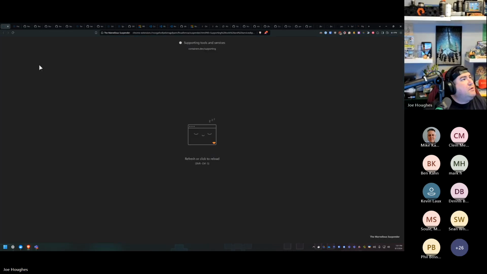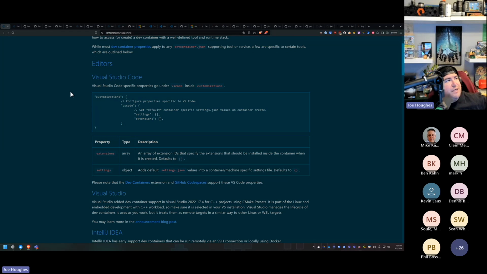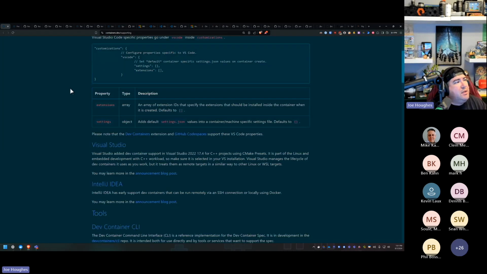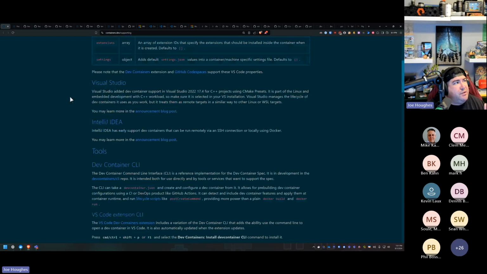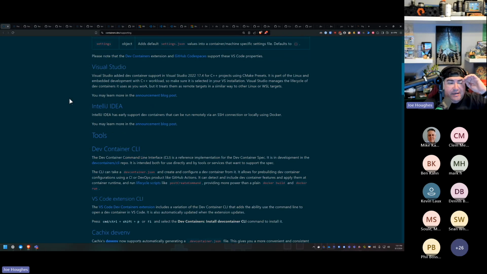Okay. So as far as what additional tools you can actually run this inside of, for 99% of us, we're just going to run it inside of VS Code. But if anybody also uses Visual Studio or IntelliJ, you have the capability of just leveraging dev containers. So whether it's you or other people on your team or other people that are going to contribute to your tools, if they use a different development environment, their tools will automatically consume dev containers,